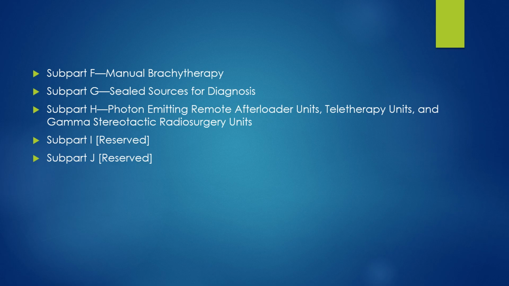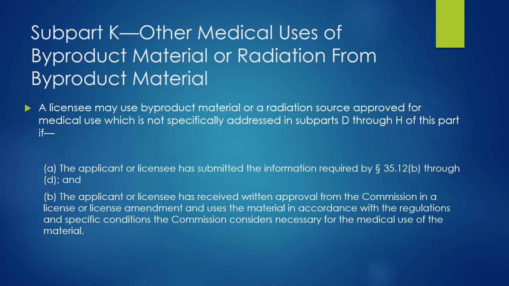So F is the manual brachytherapy. We won't go into that a whole lot. Part G is sealed sources for diagnosis. We really don't use those. H is photon emitting remote afterloader units, so it doesn't really apply to us either. I and J are reserved, so that brings us to K, which is other medical uses of byproduct material or